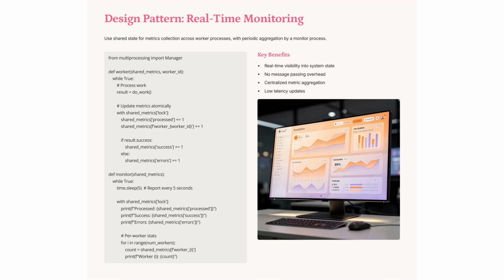Real-time monitoring leverages shared state for metrics collection across worker processes. Each worker updates metrics atomically, ensuring accurate data. A monitor process aggregates these metrics periodically, providing real-time visibility into system performance. This approach eliminates message passing overhead, centralizes metric aggregation, and ensures low latency updates, crucial for maintaining system efficiency and